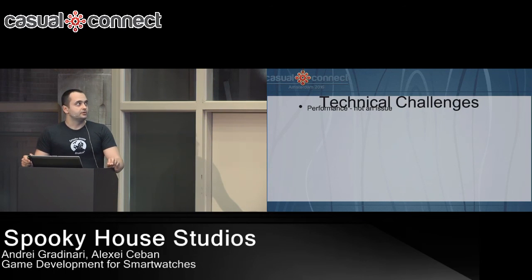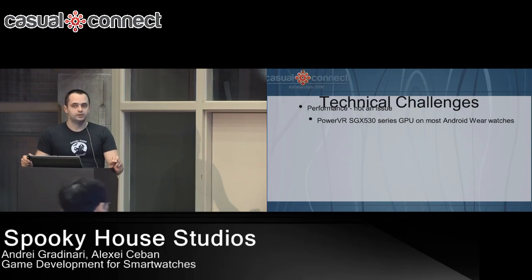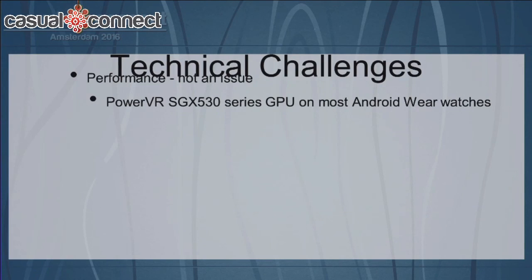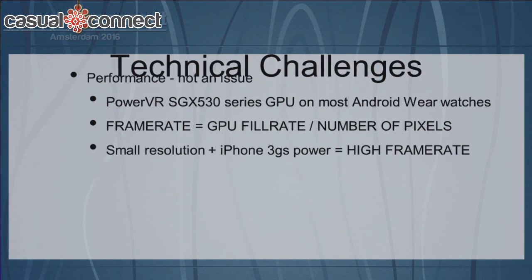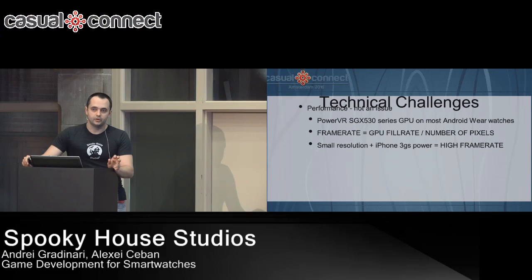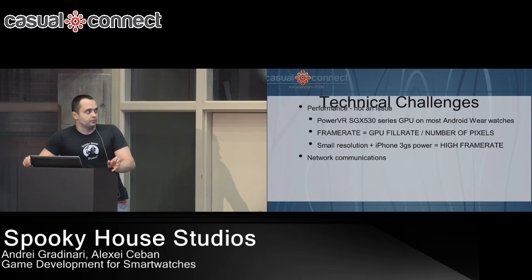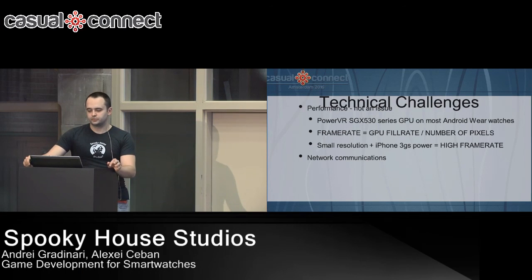Among the technical challenges I would outline performance. There is a common misconception that wearables are low-performing devices, and that is not true, because they are powered by pretty powerful GPUs and CPUs, on par with phones that were on the market a couple of years ago, like the iPhone 3GS, for instance. And frame rate is the power divided by the number of pixels. The number of pixels on smartwatches is small, so you get a pretty decent frame rate in any game you port, pretty much. Also, you have to deal with network communications, and most of the time,